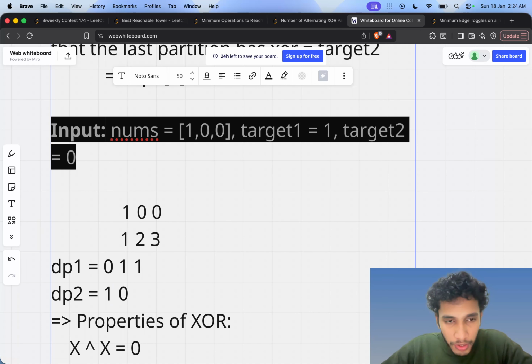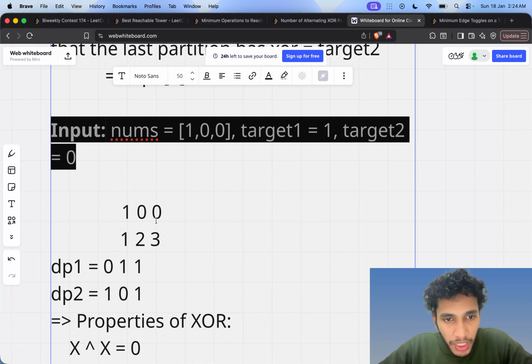So it will be updated with 1, and this position will be updated with dp1 at index 1, because this particular subarray matches target 2. Okay, so this particular prefix should end with target 1. So we refer to it as dp1 at index 1. So it will be updated with 1,